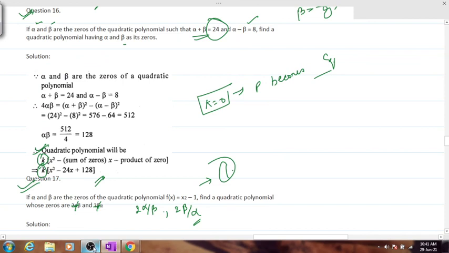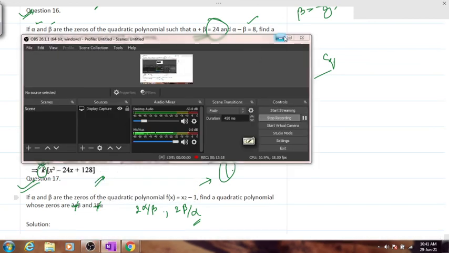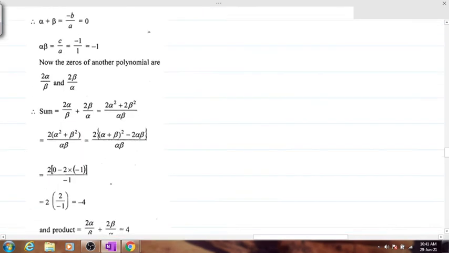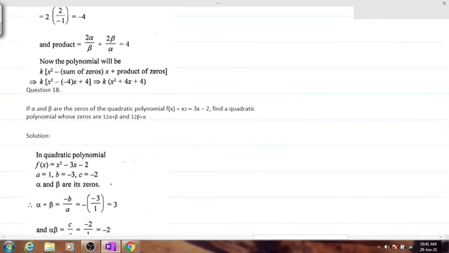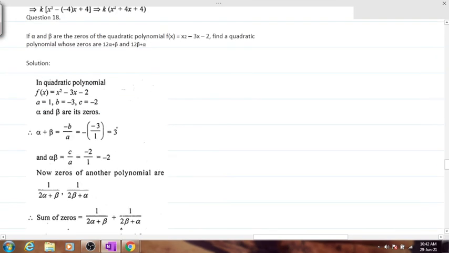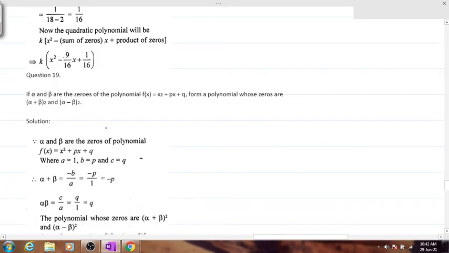Now I'll end the recording out here because I'll have to give you a bit of assignments. Question number 17, please take a screenshot. Kindly take a screenshot of question number 17. Moving on to question number 18, also take a screenshot. Question number 19, also take a screenshot. These three numericals are long numericals and this will be given as your homework. Clear? Screenshots taken.